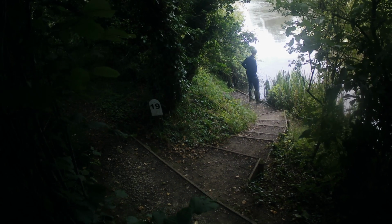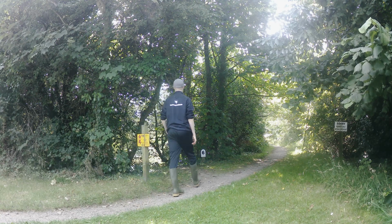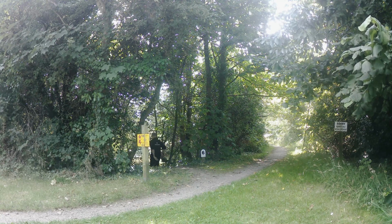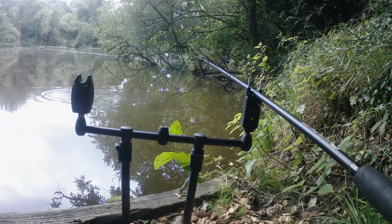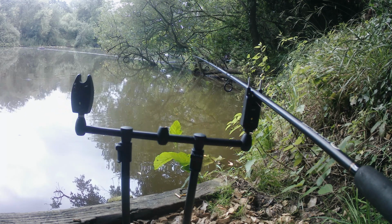Very quick. As you can probably tell, the audio file's corrupted, so I'm doing a voiceover. So like I said, I decided on peg six, flicked the rods out and got a very quick bite. He ripped off. Luckily I was right next to the rods. But this fish, tried to pull it away from the tree, managed to get it away from the tree, and